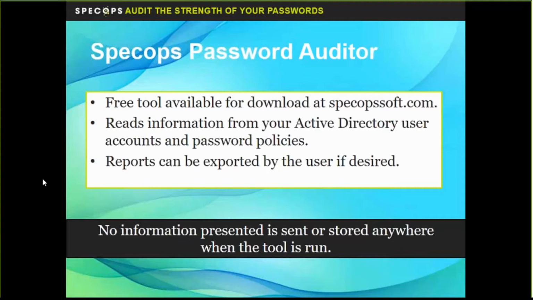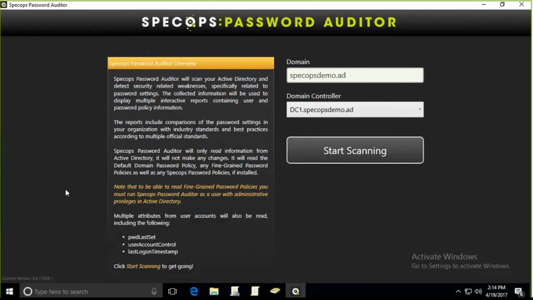So with that, I'm going to bring up my demo environment here and show you this is the tool. When you bring it up, of course, it's going to check what domain it is. You can run it against a specific domain controller so you can know exactly where it's running all of those